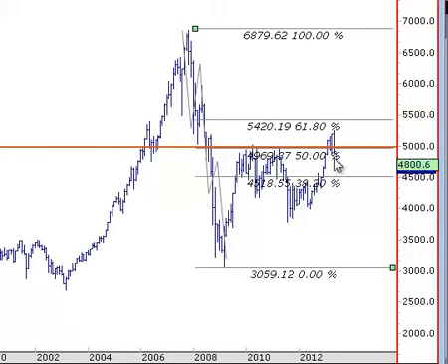Anywhere between the 50 and the 60 is fine, and of course we're using the 5,000 there. So we could possibly have this move done and dusted actually,